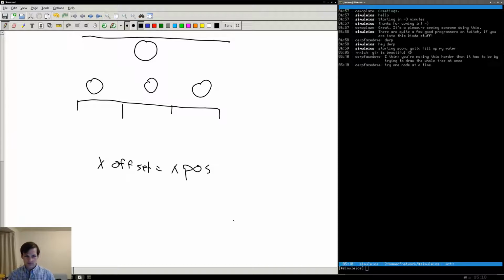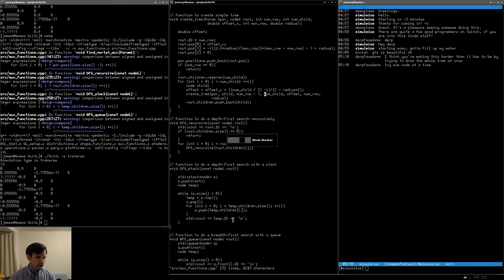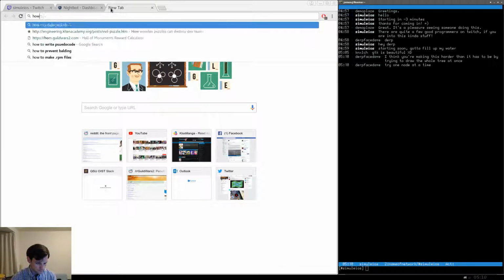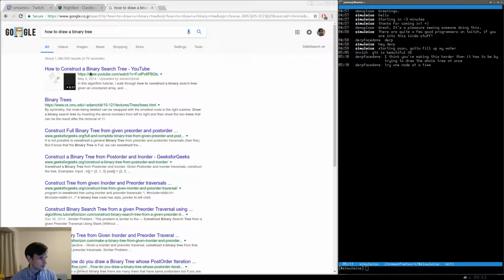Yeah, so unless you have a way to make this easier, I don't see any way of doing this. Besides, we've done this before a while ago when we did Huffman encoding, and it was something like this in the end. Besides, you can't draw the whole tree, actually. Let me think about it. Yeah, there's actually a good article that I remember coming across when we were doing the Huffman encoding stuff. Let me go over here, and let me do drawing something like this. No, visualizing